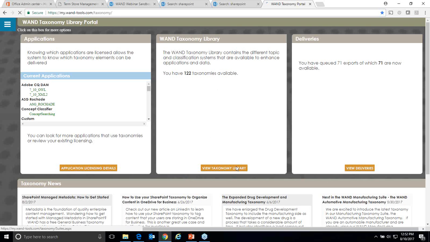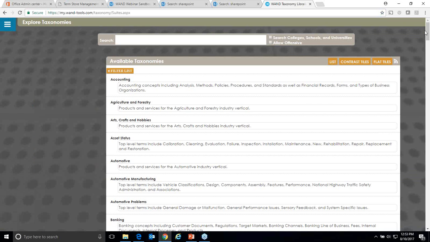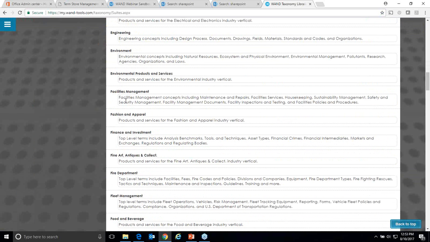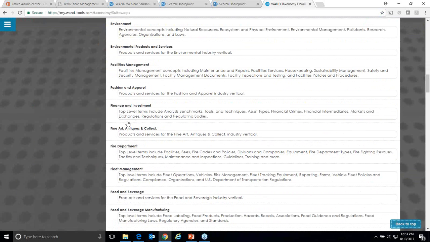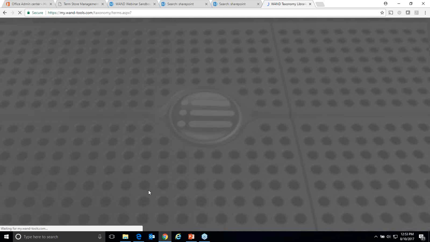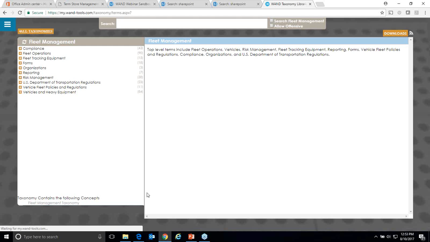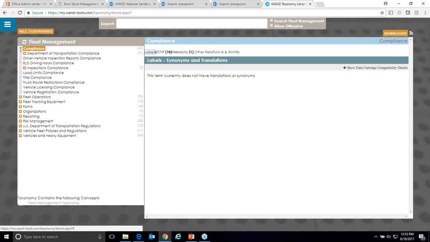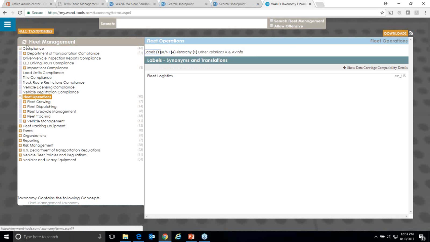But the WAN taxonomy library portal is basically a venue where you can download taxonomies to jumpstart your own taxonomy project. So we have the list of the taxonomies that WAN has developed. You can click on a taxonomy, fleet management. And this is just a browsing interface, so I can see what sort of taxonomy content. Is this relevant to what my business needs or what I want to start with? If it is, come to Downloads,